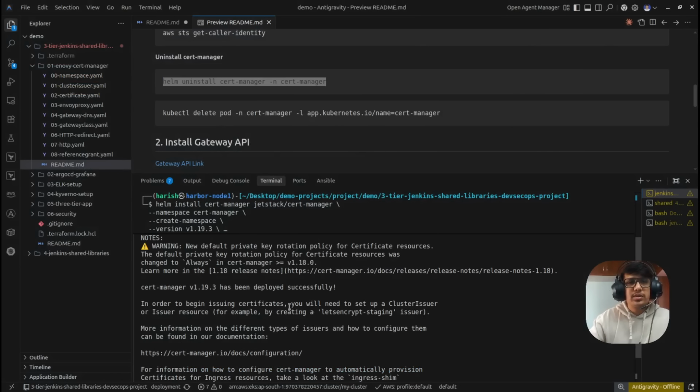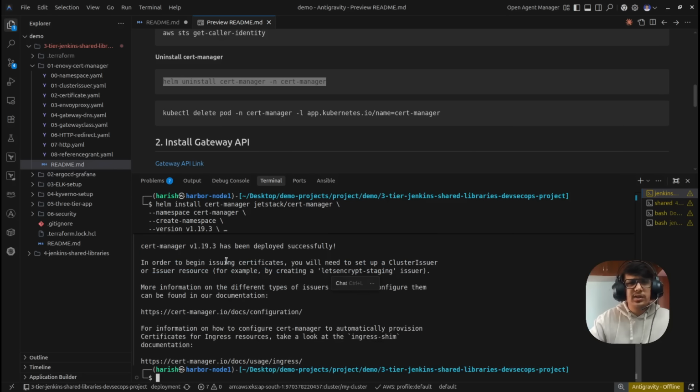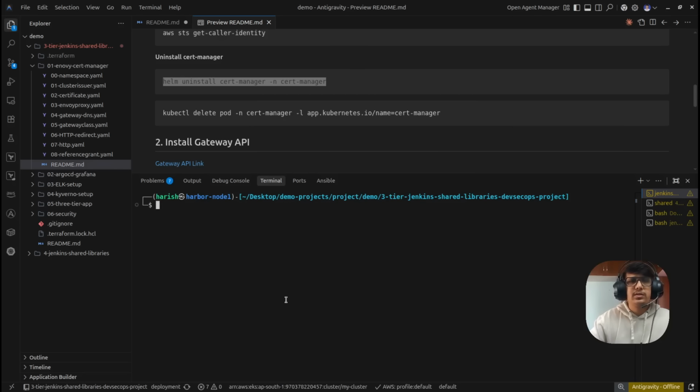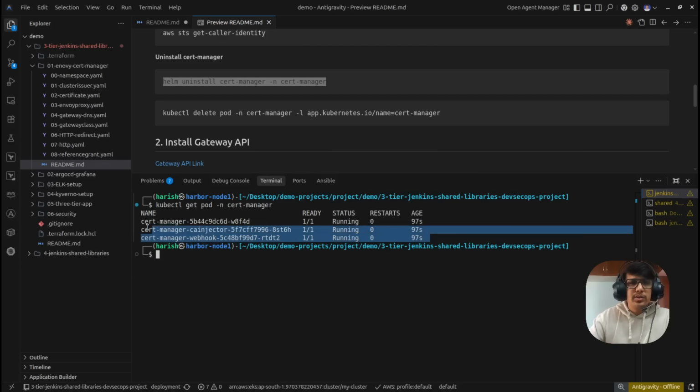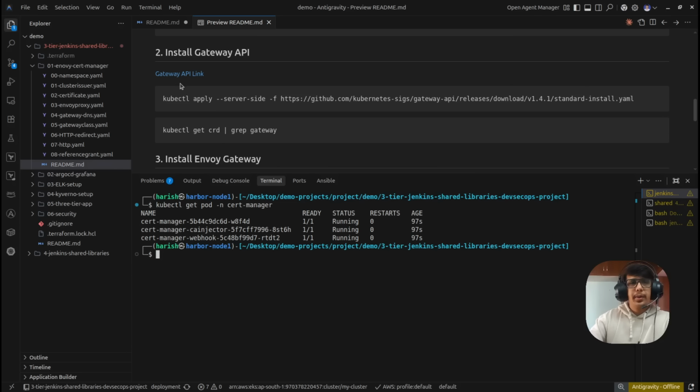It is installed. Don't worry about this warning sign. Now the version is installed, and you can check it out. kubectl get pods in the namespace of grid manager. Yeah, all the pods are up and running, right? This is not a custom one. And the API gateway link, right now the version is 1.4.1, right? To get the latest one, I given the link above here. You can go with this link also. Otherwise, if you need the latest one,